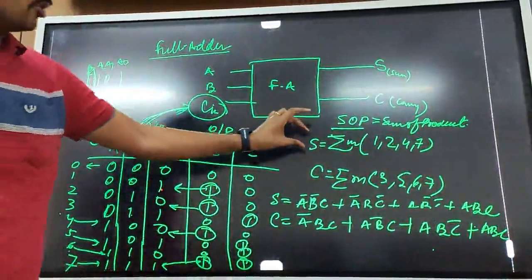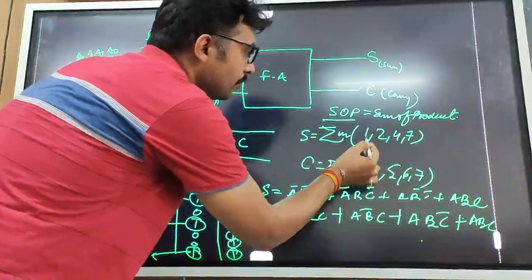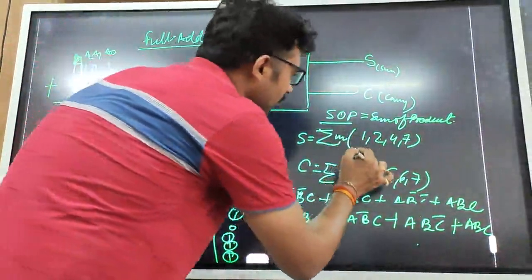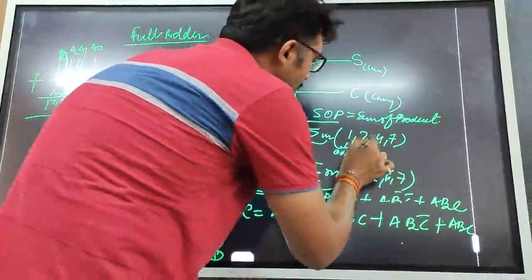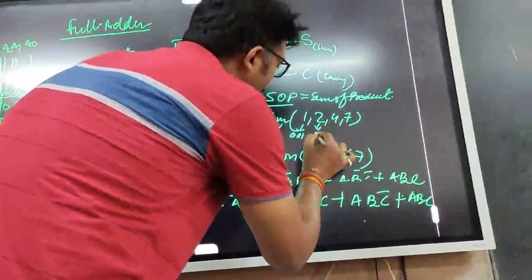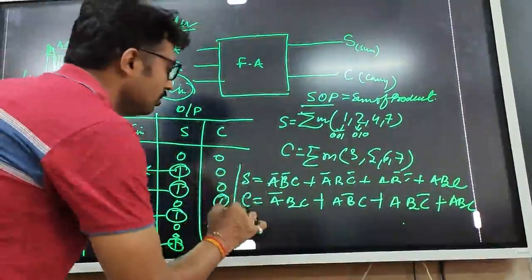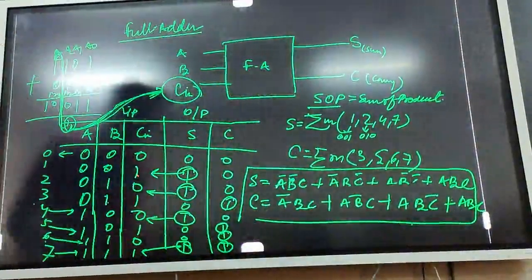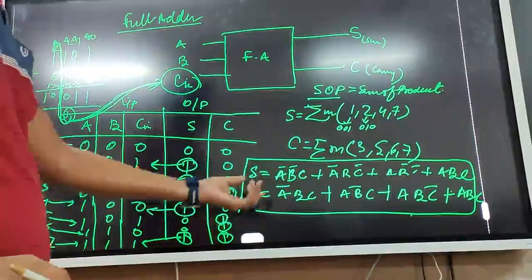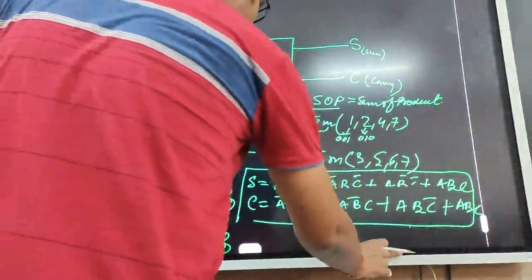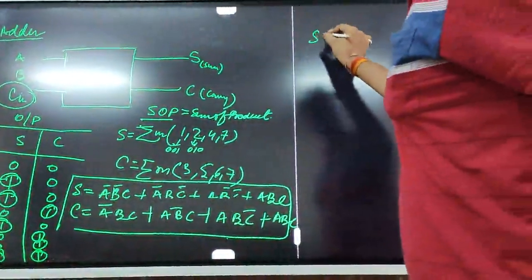So based upon this sum term SOP form, we have to write this, and if you are going to write 1 in a 3 input term, then 1 can be written in binary form as 0, 0, 1. This is 2, so this can be written 0, 1, 0. Similarly, we have written it in the form of input combinations. So these are the basic things which we will require during the design of the full adder. You can write here for sum.